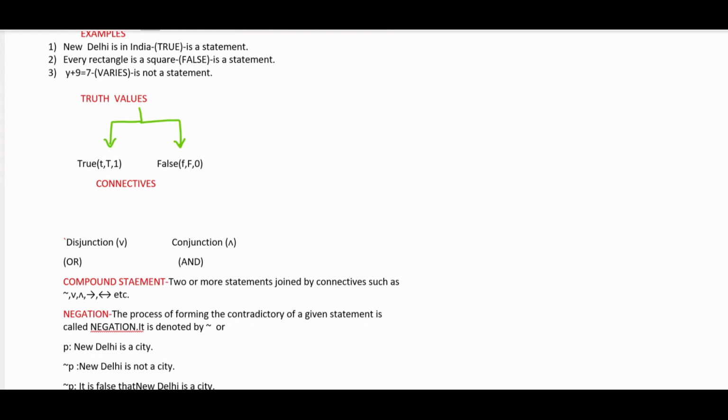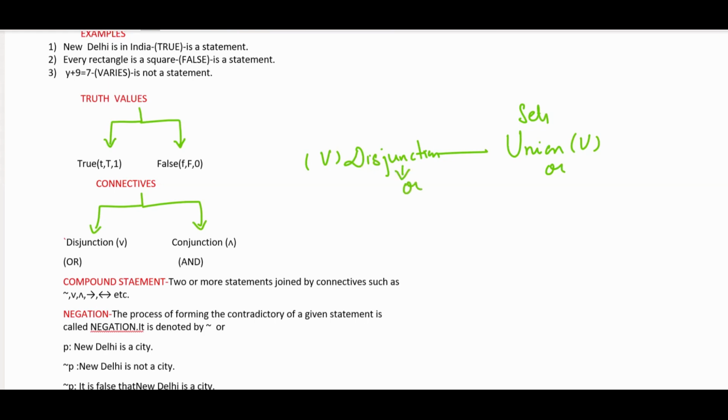Now, there are a few connectives, and two of them are disjunction and conjunction. Disjunction is similar to the union of sets chapter. The symbol for union is U. Here the symbol for disjunction is V. The word which defines union is OR. Similarly, the word which defines disjunction is again OR. For example,